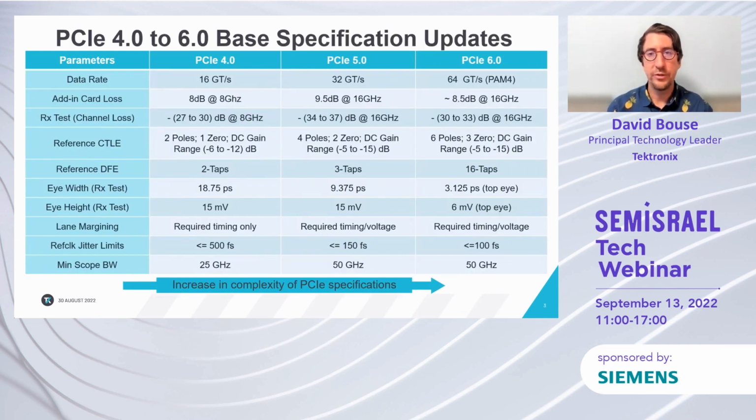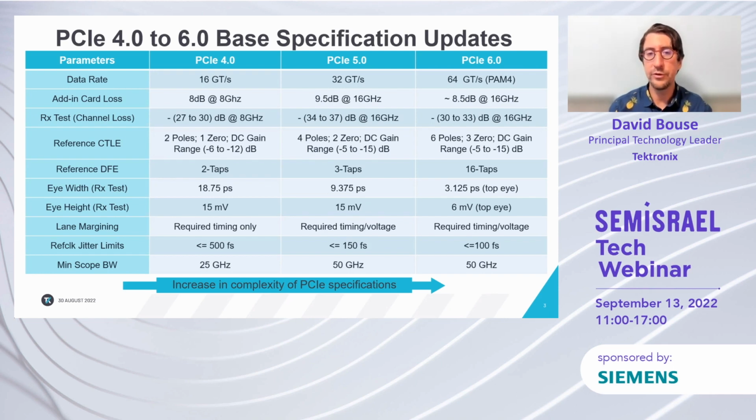This table shows going from PCI Express 4.0 to 5.0 and now to 6.0, and some of the key electrical parameters that have moved during that transition and how they've evolved. You can see we've gone from 16 gigatransfers per second to 32 to 64 now for Gen 6. And this is the first time we've gone to PAM4 multi-level signaling. All of the previous rates have been NRZ, 2 levels. Now we have 4 levels of signal, and that allows us to get 2 bits of data within a single